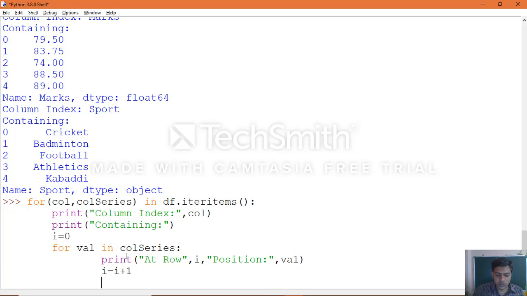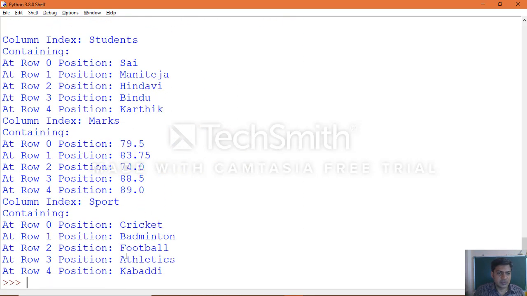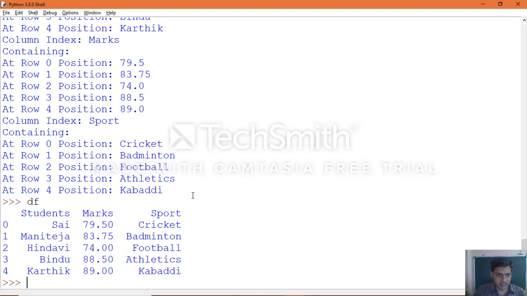Now we'll see position wise data accessing. Clearly you can see the data which was extracted. Column index students is the first column, and at row 0 position the name, row 1 position, row 2 position in that particular column values. Just print the data frame here, you can understand.